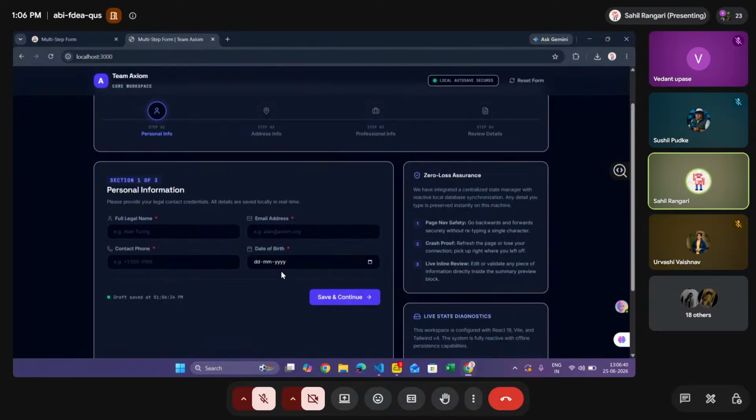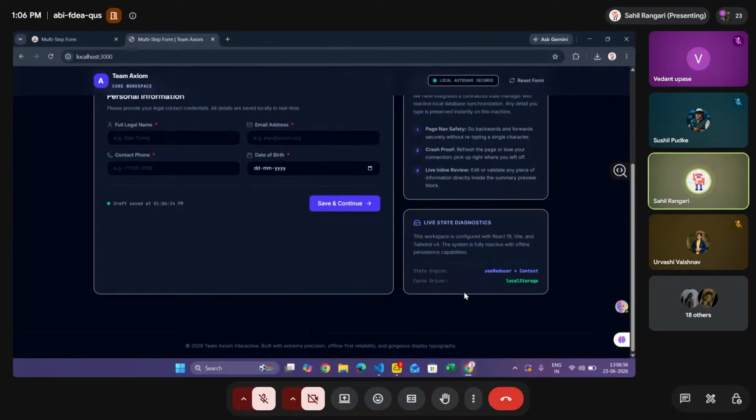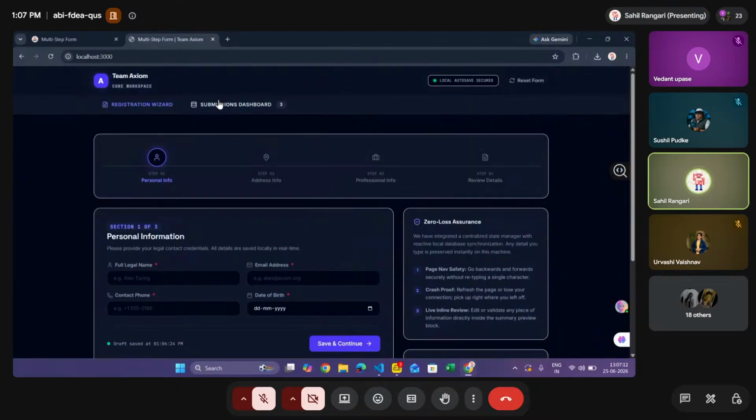Technically, this is built using React, Vite, Tailwind, and we have added Framer Motion here. We use the React context for the data storing. We use the reducer based state management, and the major part, we use the cache driver, which is the local storage. It helps to persist and save the data. That completes the Team Axiom multi-step registration and administration center demo. Now, this was the entire demonstration of this UI for the multi-step form and the enhanced version